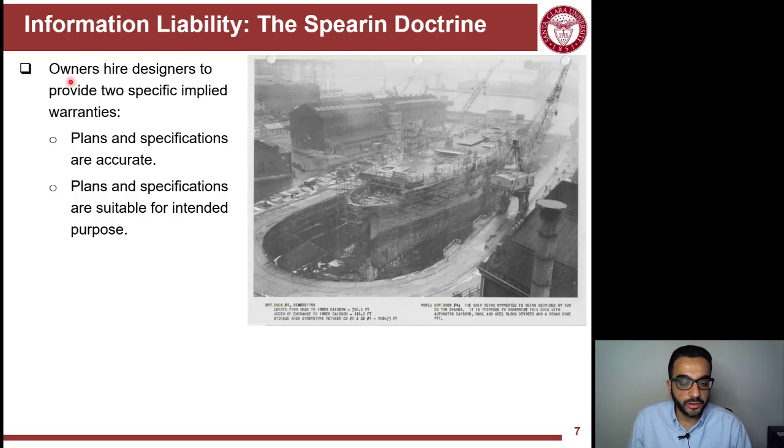So the owner hires a designer, and the designer provides two specific implied warranties, which the owner also provides for whoever builds the project based on the design documents. First of all, plans and specifications are accurate, so there's no miscalculation in some way. And the other thing is plans and specifications are suitable for the intended purpose. So you're not giving us plans and specifications for building a bridge while you're actually building a dam. Whatever you're building, you need drawings that are suitable